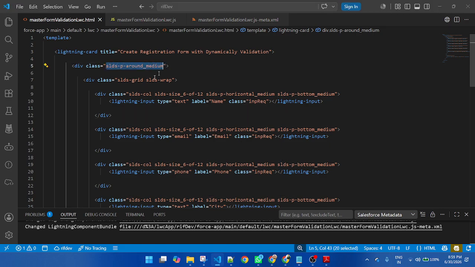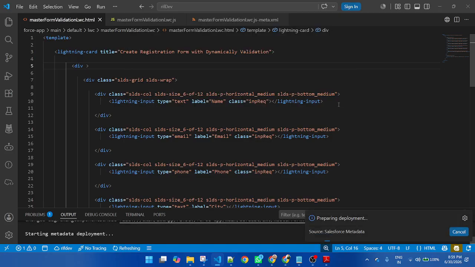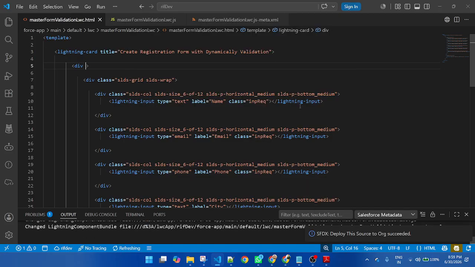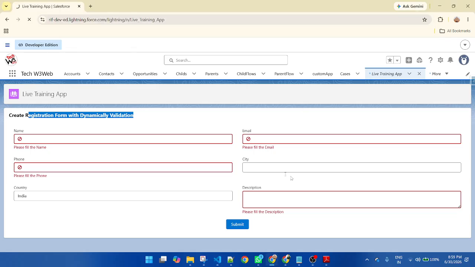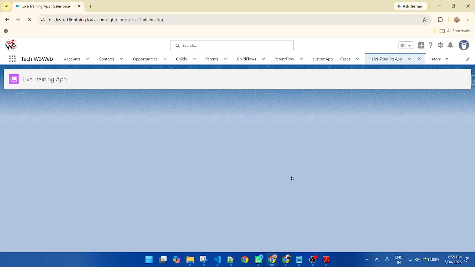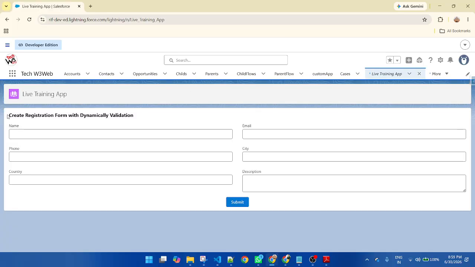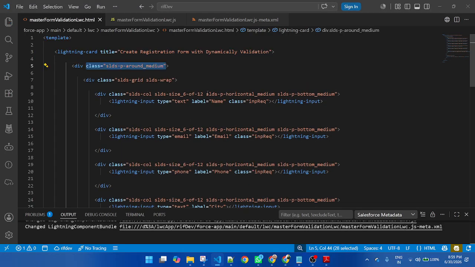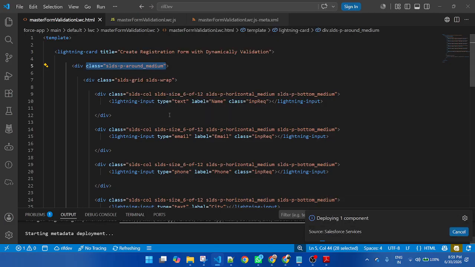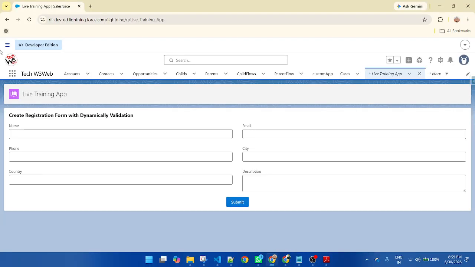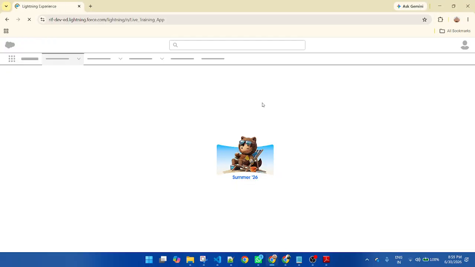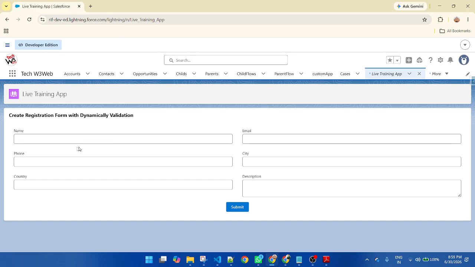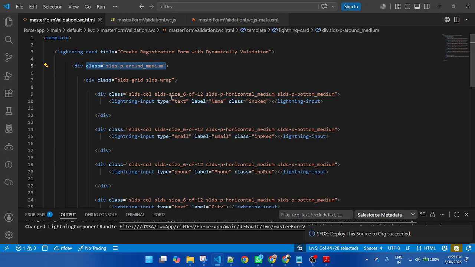If you cut this class name and deploy the code, refresh the page, only a small space is left, but if you put it, you will get more space. You see, so I am giving a space from around.